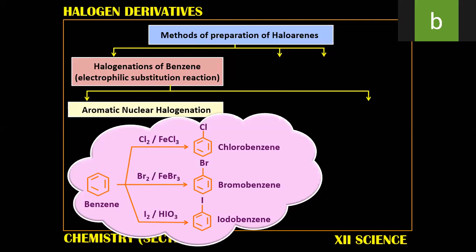I'll repeat. Today we are doing methods of preparation of haloarenes. Under that, Roman number 1, halogenation of benzene. In this we have two: direct halogenation and side chain halogenation. So the first one, you put direct halogenation and copy down all three reactions. You can copy as it is I've shown you.